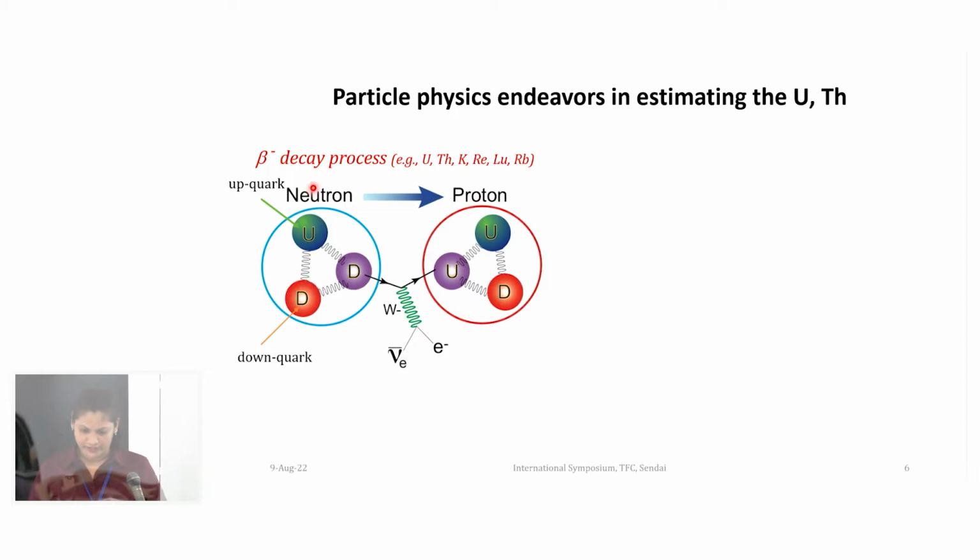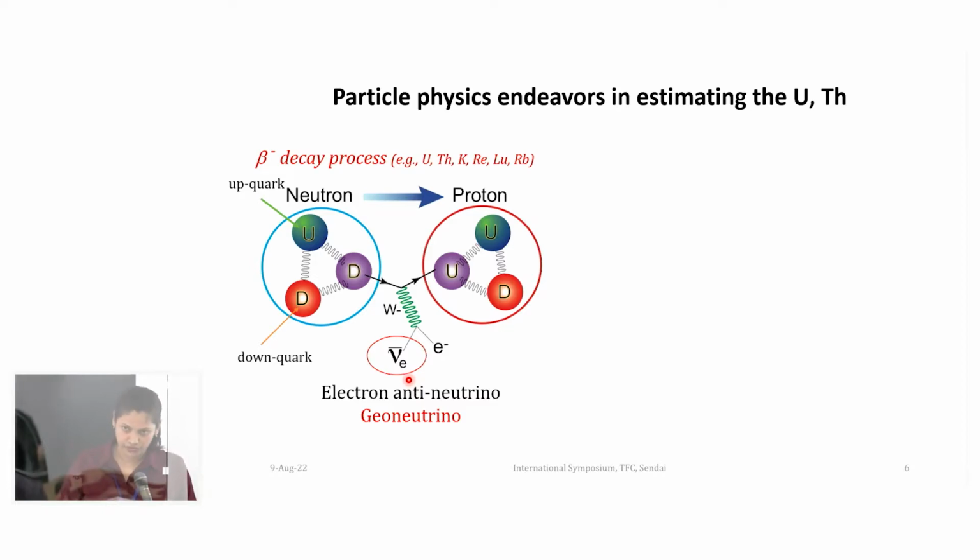So I will very briefly tell you that during the beta decay, there is a production of electron antineutrinos, which are also known as Geo Neutrinos, and only the uranium-238 and thorium-232 decays can pass the threshold of 1.8 million electron volts, and that's why they are the only isotopes being detected. Only the neutrinos associated with the decay of these 2 isotope systems will be detected during the Geo